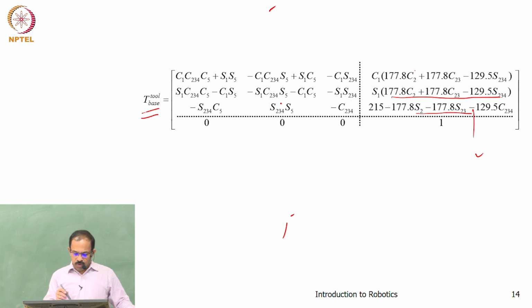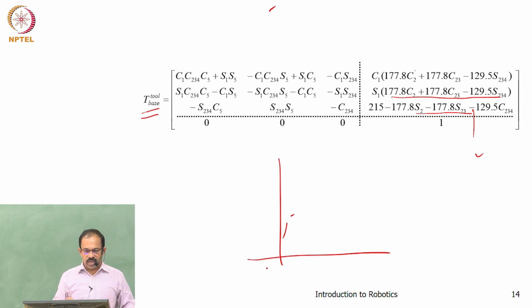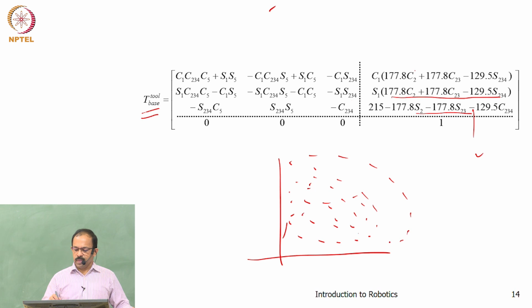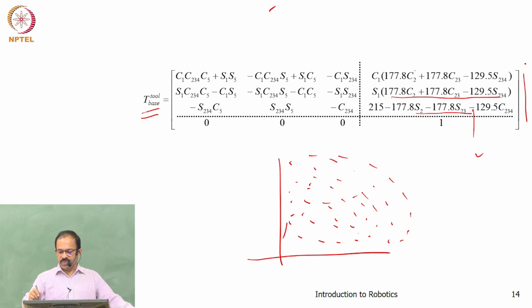Now, if we have a manipulator, a robot, and we want to find out what points it can reach, you simply substitute the values of theta 1, theta 2, theta 3, theta 4 in the whole range. You will be able to see all the points where it can reach. That becomes the workspace of the manipulator. So for any value of theta, you will be able to get this relationship. The position and orientation of the tool can be obtained for any value of theta. So this is the forward kinematic relationship for this particular manipulator. For any given manipulator, you will be able to find a relationship like this.